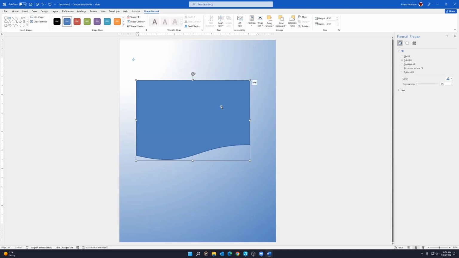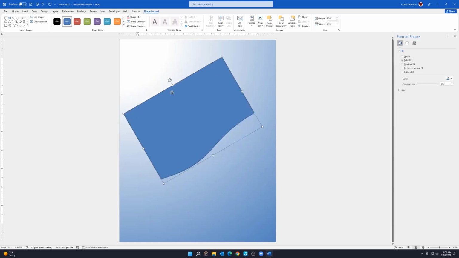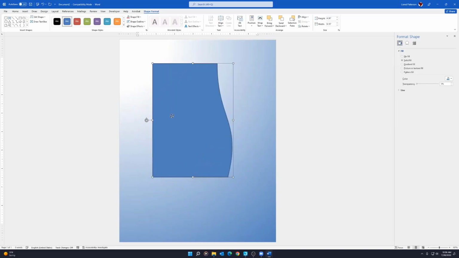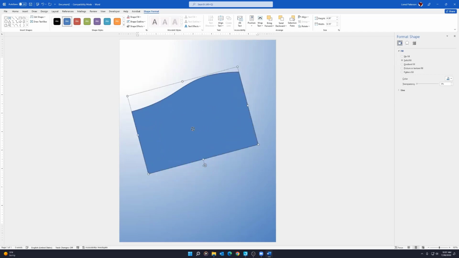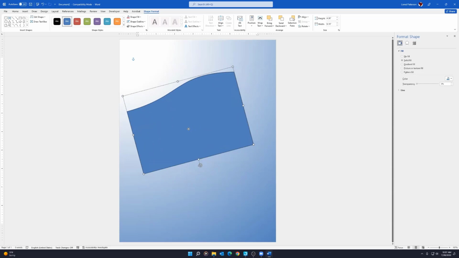So when you select your shape that you dragged out, you'll see at the top of your shape selection there is a handle with the arrow that's moving clockwise. That's your rotation handle. So when you select that, you can just move it left to right, or if you hold down your shift key and then you're moving it, it's going to move it kind of symmetrical. So right there,